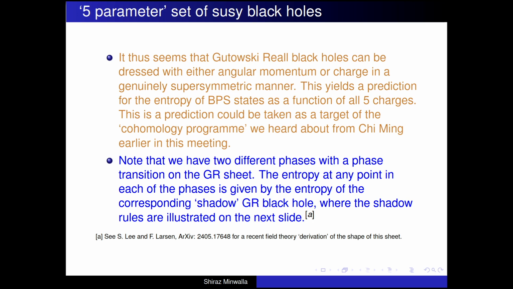You know, there's been this nagging irritation all through the study of these BPS black holes. That is, while there are 5 charges other than energy, since energy is fixed by the BPS bound, there's only a 4-parameter set of known supersymmetric black holes. Once you take these supersymmetric black holes and dress them by supersymmetric gravitons or dress them by supersymmetric dual D3 branes, you get solutions all over this 5-parameter set.